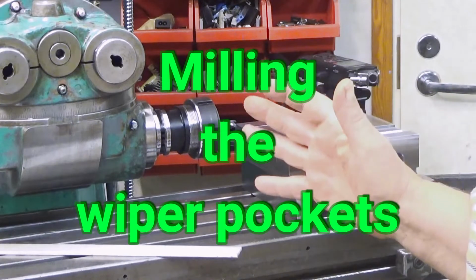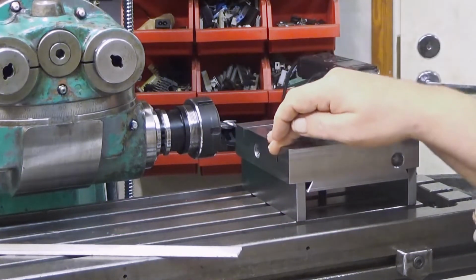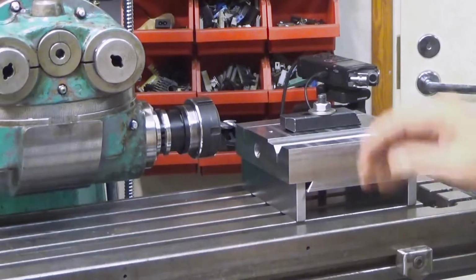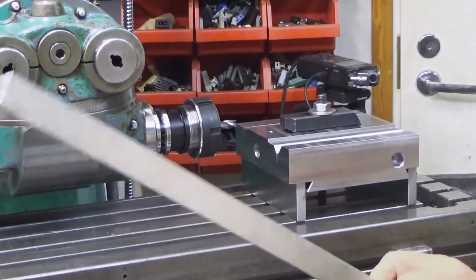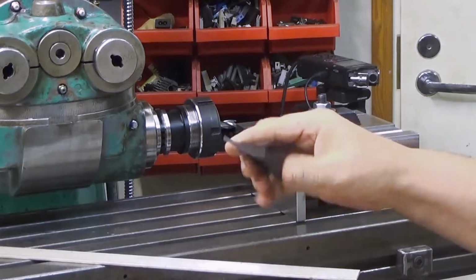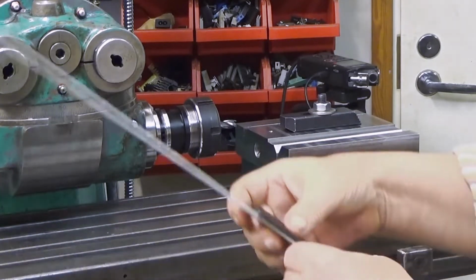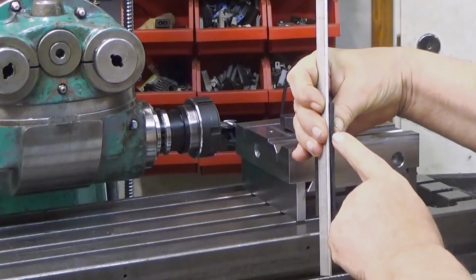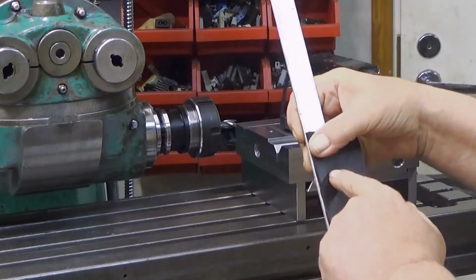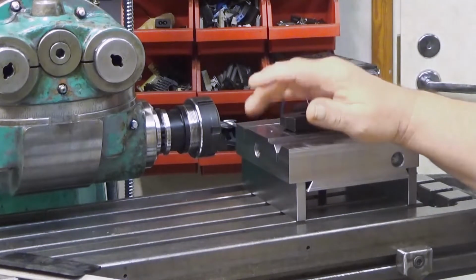Well, this here is the setup for milling the wiper pockets on the ends of these surfaces which face the ways. The material I'm going to use for the wipers is first of all this aluminium, which is going to be on top of this. I do not have this piece, this is just a sample, and it's going to be like this, so that there will be a knife edge here, and the aluminium will be keeping it in place, and I don't want these to protrude past the surface, so therefore I need some pockets here,